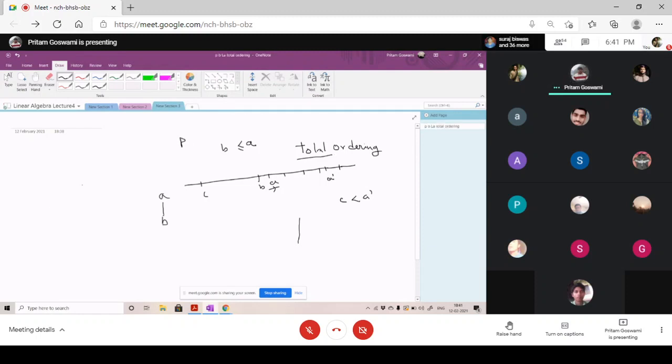What is partial ordering? Here you cannot put the elements in a line, but you can put the elements in a tree kind of structure. All the nodes are basically some elements of the set. Suppose here is an element a and here is an element b. I also say that this is the downward and this is the upward direction. I say that b is greater than a if b is up from a.